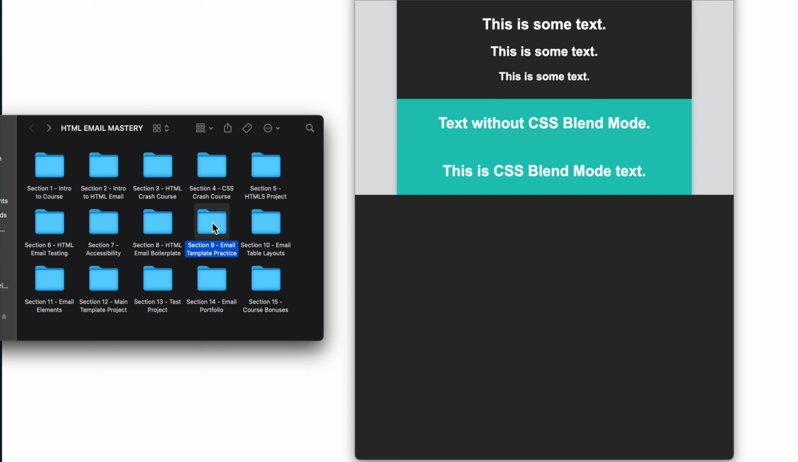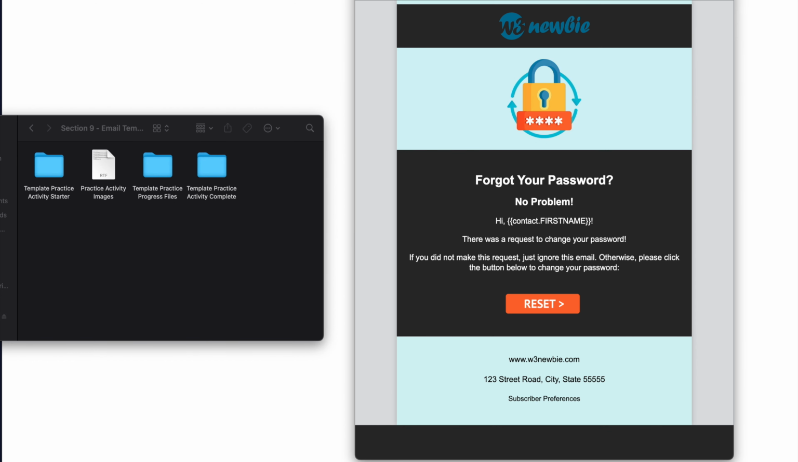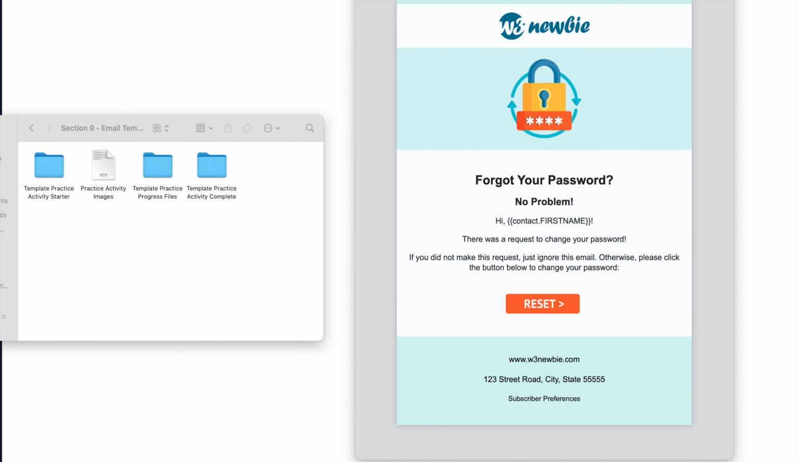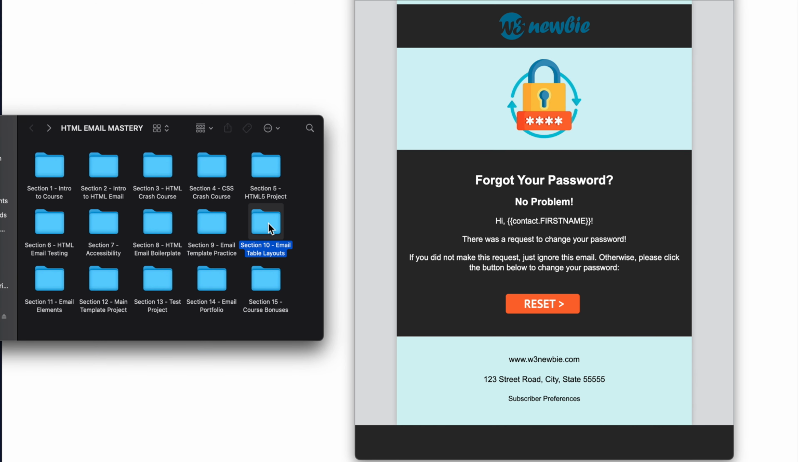Then moving on to section 9, we'll have our second practice activity, which is the single column transactional HTML email featuring a merge tag, where it says contact.firstname, I'll put to use in an email service provider. So with our single column styling down for HTML emails, we're going to move on to section 10, where we'll learn how to lay out responsive HTML email columns